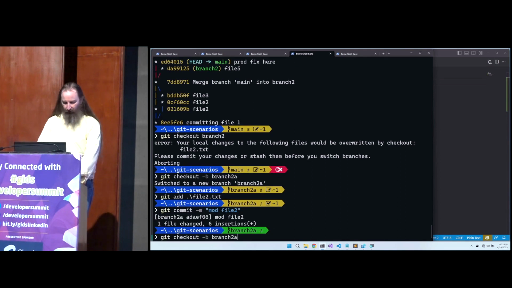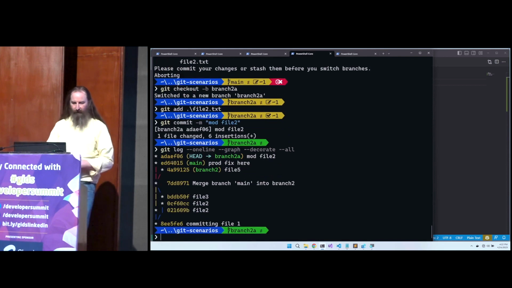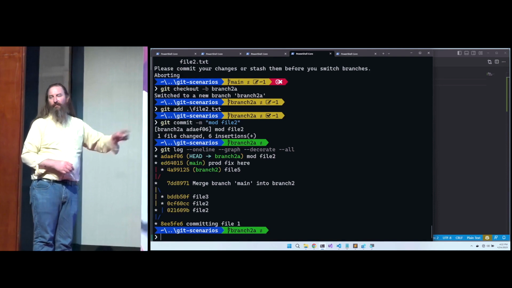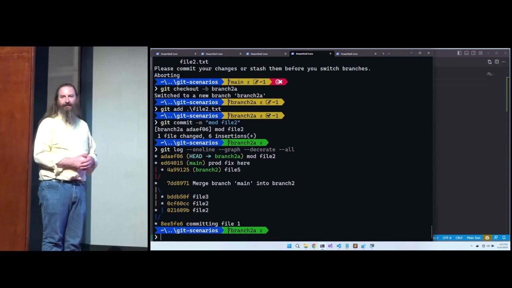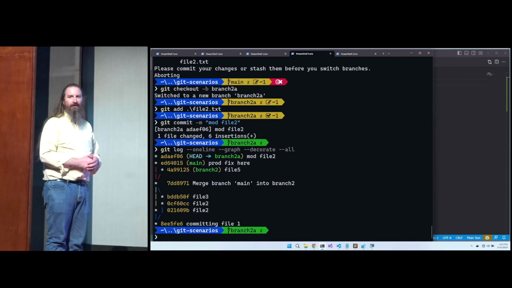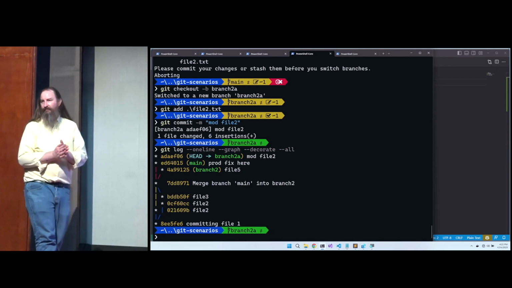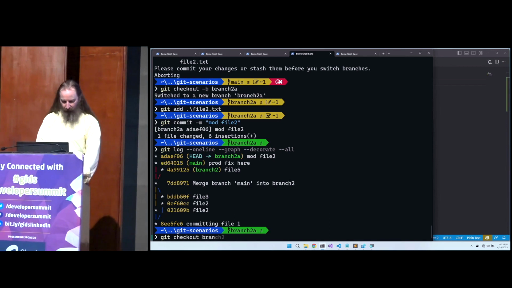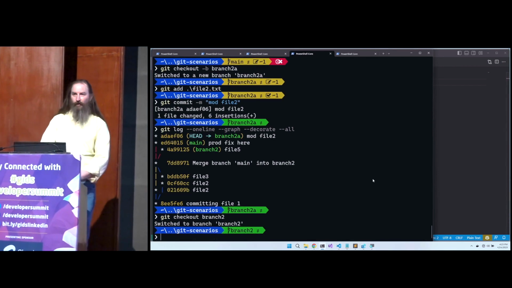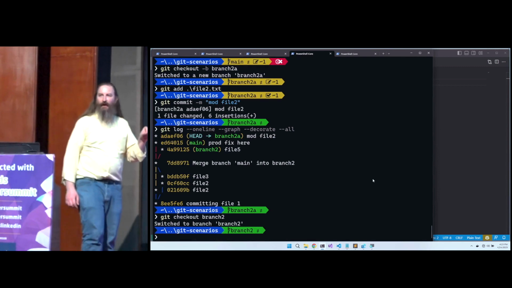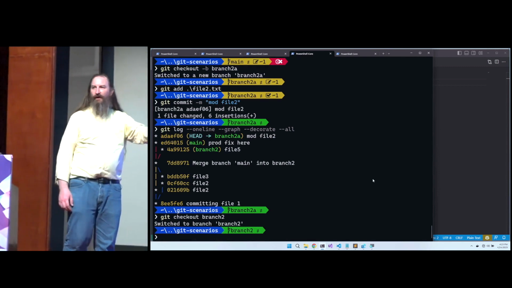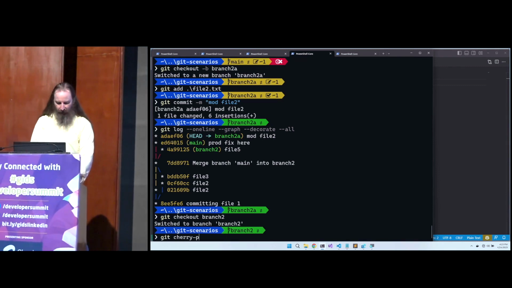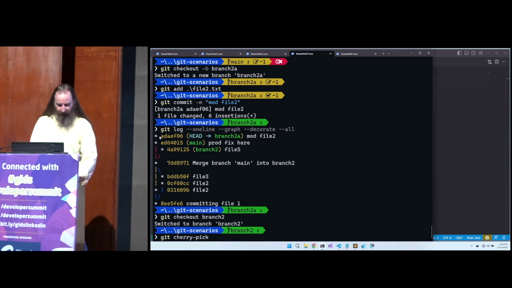Now let's go look at our commit history, git log --oneline --graph --decorate --all. And we can now see that we have that new commit on branch 2a. And now let's get that onto branch 2. Git checkout branch 2. I want to come grab this one commit. I want to pick it up and I want to put it on top of the other branch. So let's say git cherry-pick this commit